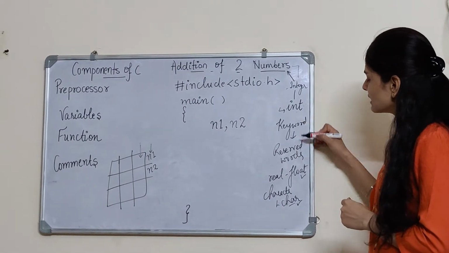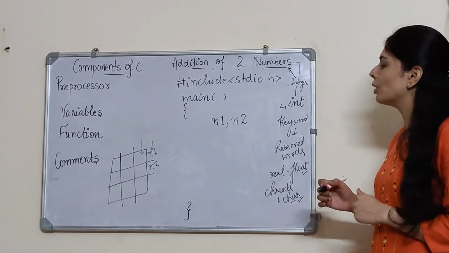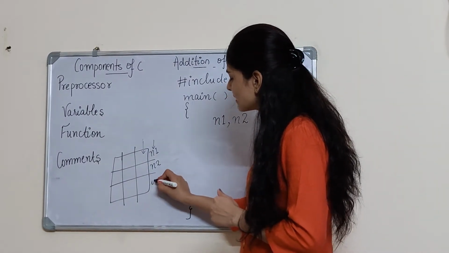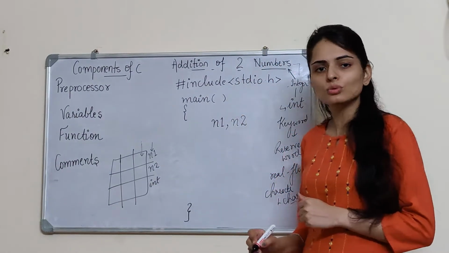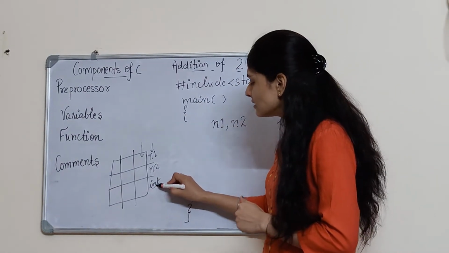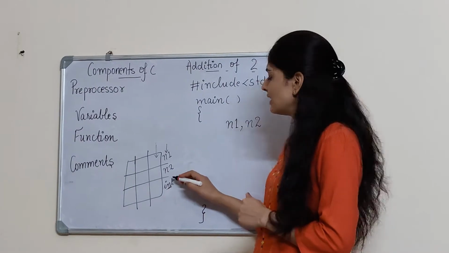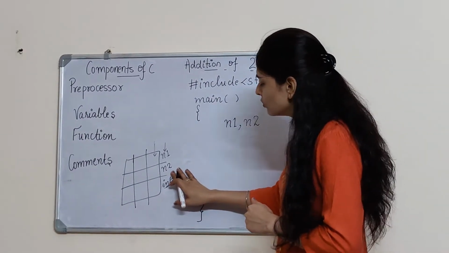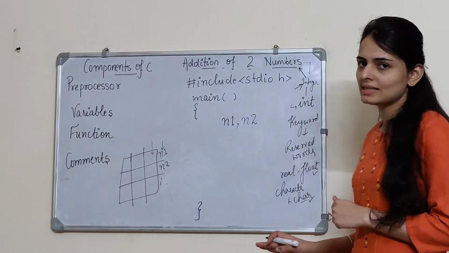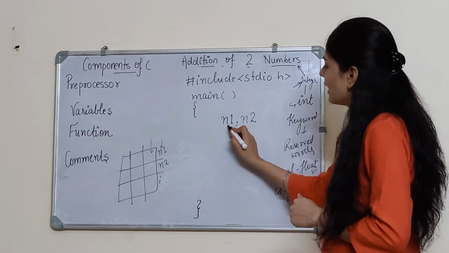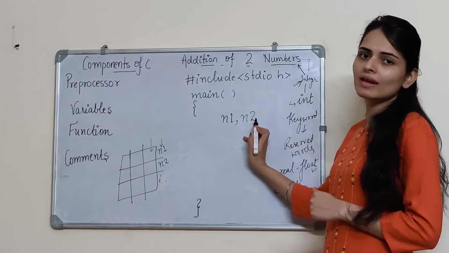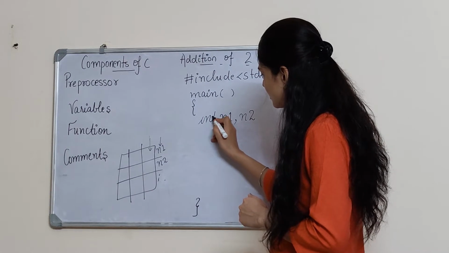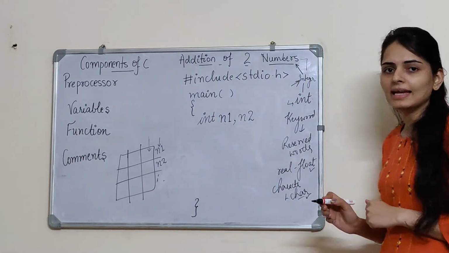Now these keywords, if we want to use for some other purpose, for example, if I try to name this memory cell as int, then I cannot do that. Why? Because int is already a keyword in C that represents integer. So we cannot use int for any other purpose in C. So over here, if I want to mention that these two variables are of integer type, then the keyword with which these two names are preceded is int.